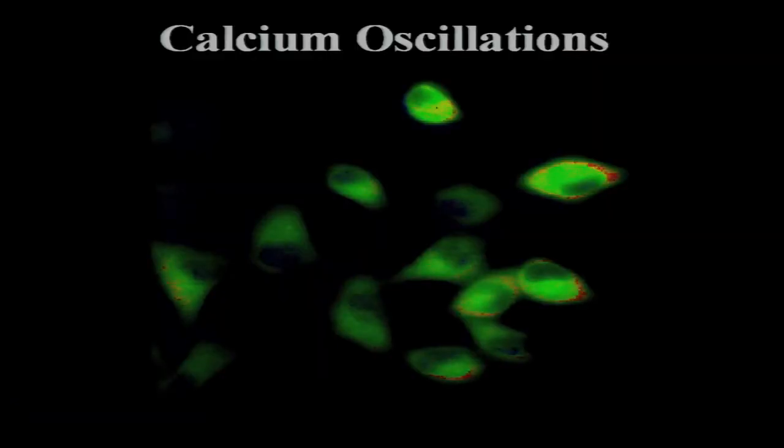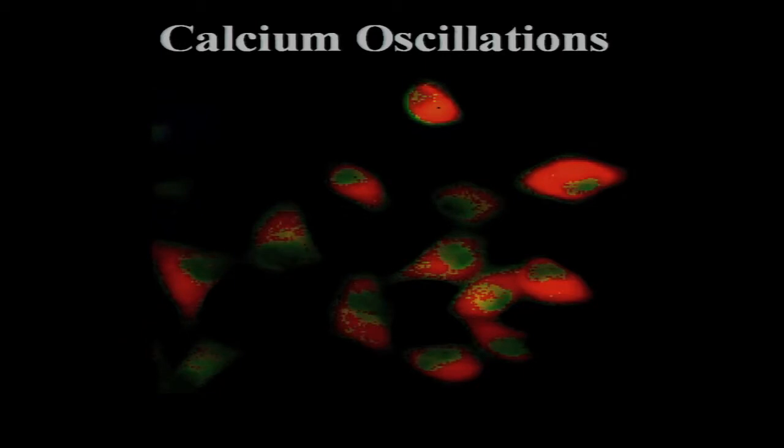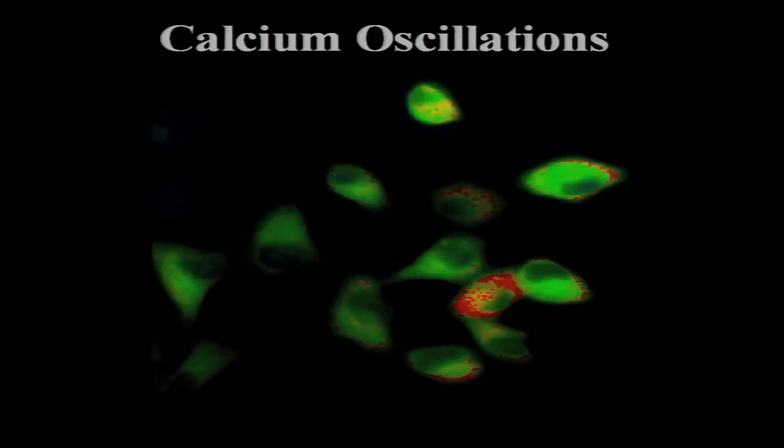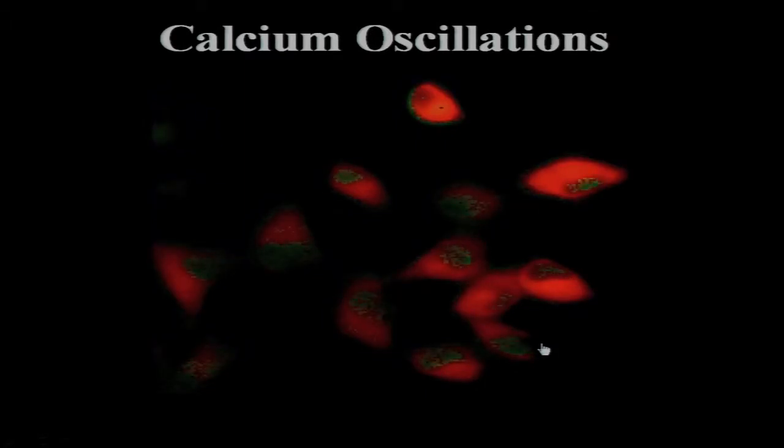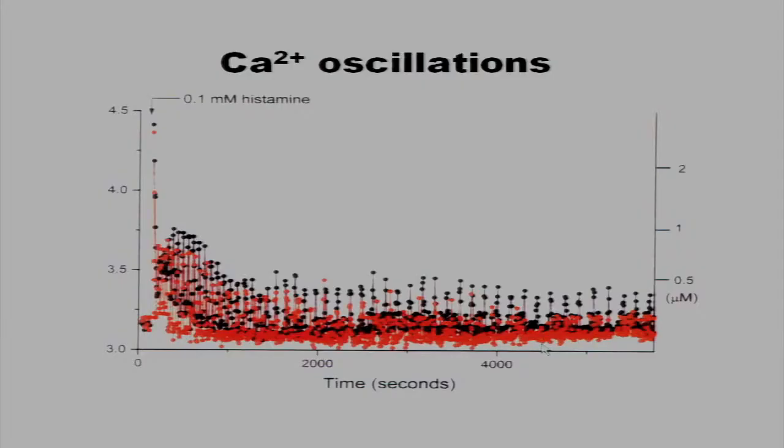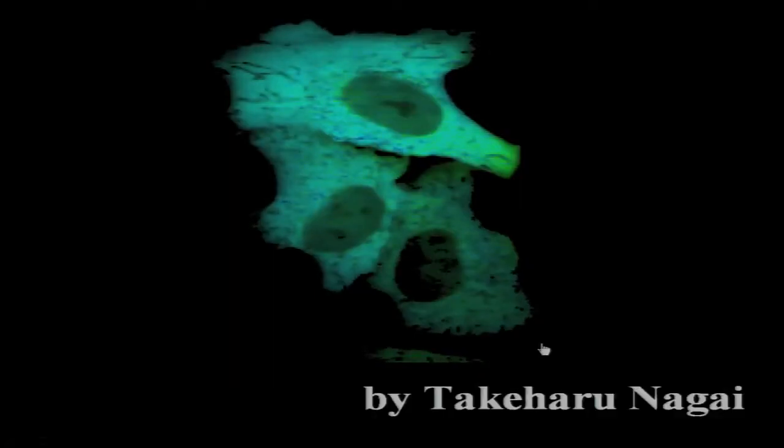Okay? And after transfection of chameleon into cultured cells, I observed calcium oscillations after stimulation with histamine. So I believe oscillatory changes in calcium concentration are now taking place in some cell types of the body. And it's so interesting to know how extracellular stimuli are encoded in such temporal profiles and how cells decode the information for various downstream cellular events. And when we increased spatial and temporal resolutions, we were able to observe calcium propagation